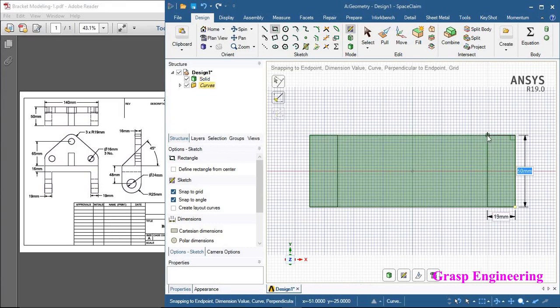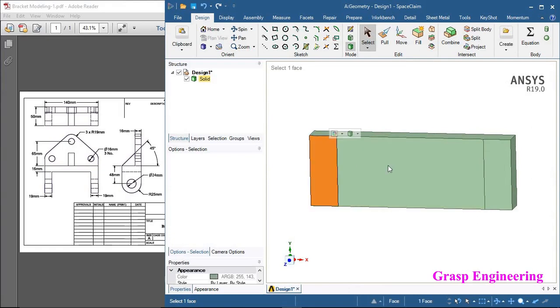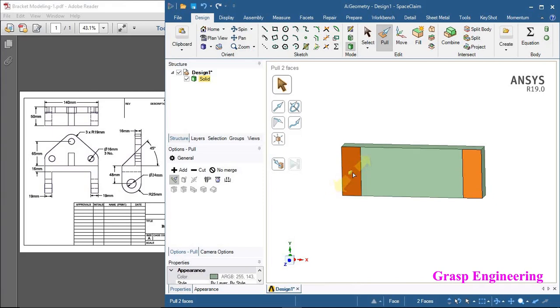19 by 15. Once it is done, go to 3D mode, select those two faces, and use the pull option. You can just drag and drop at the bottom part. As we know, the dimensions you need to see: first of all this 16, here it is 48 plus 25.